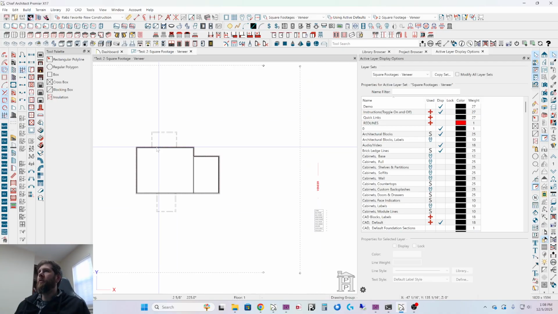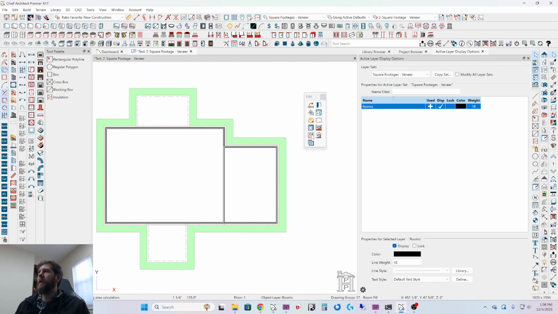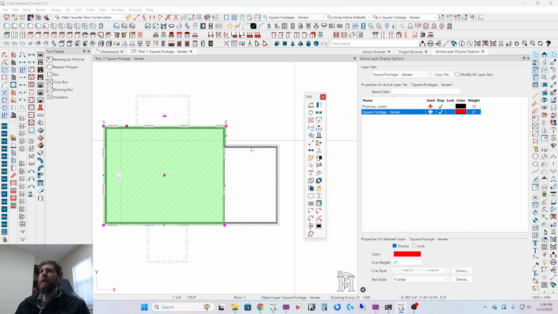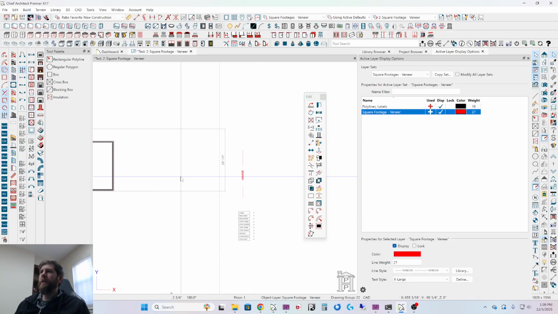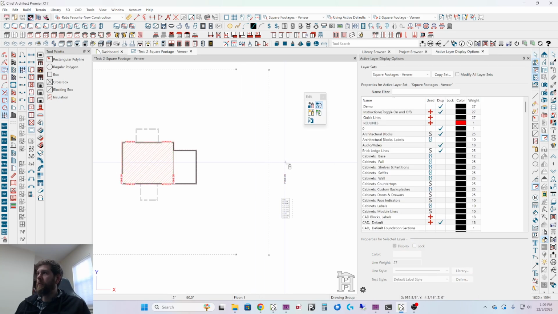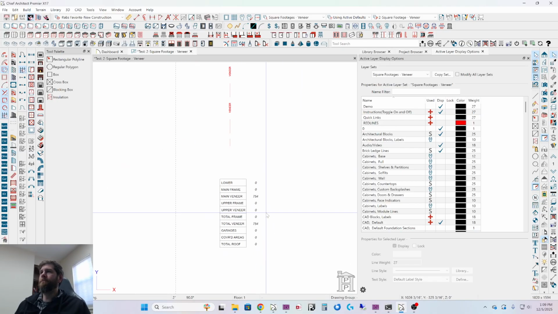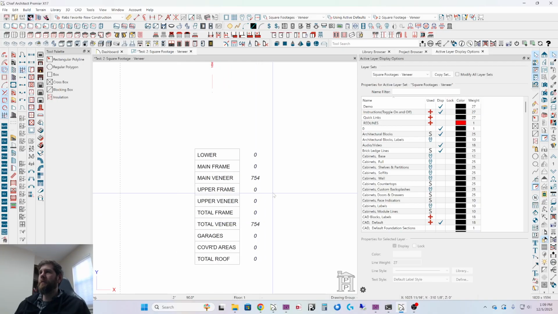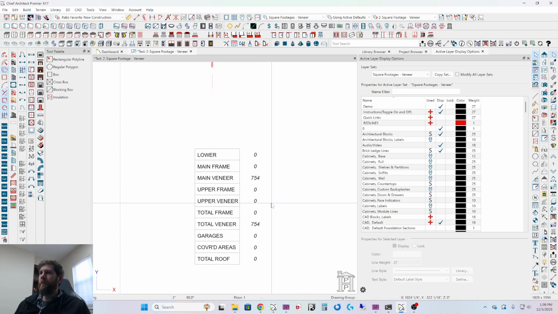And so I'm going to go near the outside wall, and I'll click near it, and I will do a make living area polyline, and that will create that for me. And then I come over here and I get my object painter tool, and I click on that line, and then I click on that polyline, and then it'll start populating. It is associated to the main veneer and the total veneer. The upper veneer one